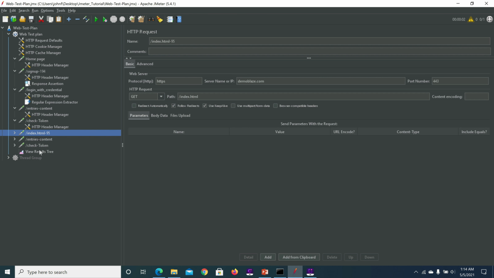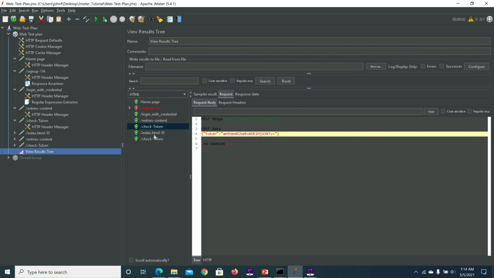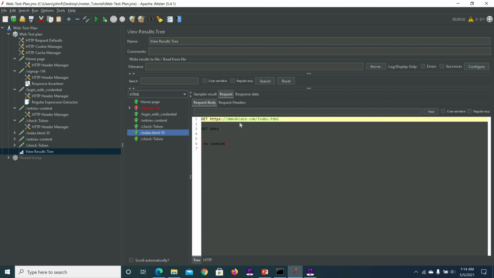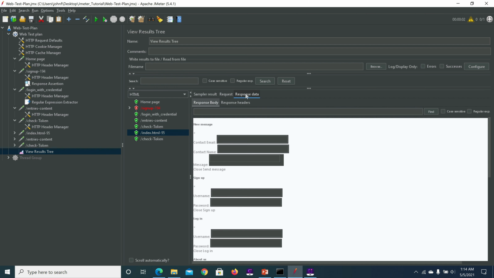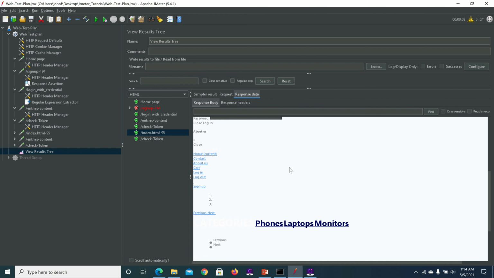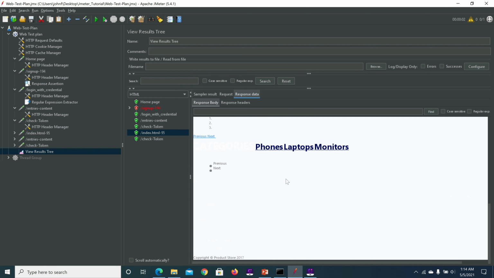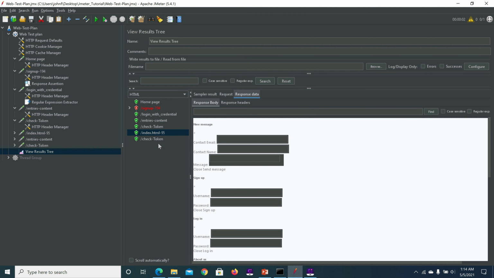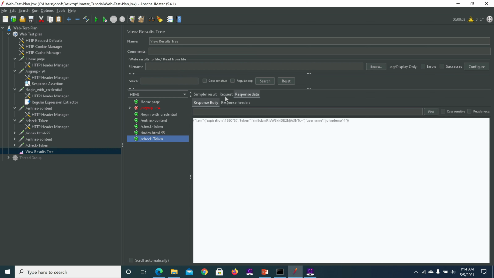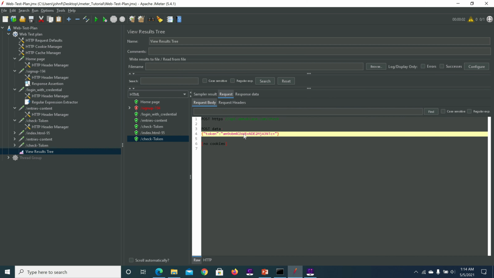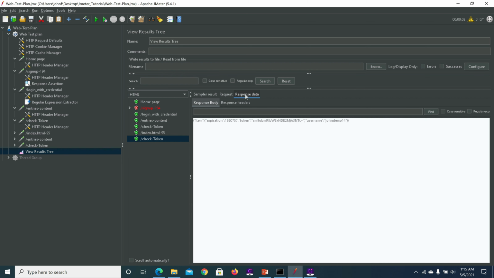I'll show you the result for index.html. Request gone, index.html after successful login, and the response we have received the web page where it has login logout. And check token again. It sent the token whatever we have captured in a variable, and the response also received for that. Response is the item, expiration time, token, what is the token number, and who's the user, username, and the John demo 14. So this is what we have given.